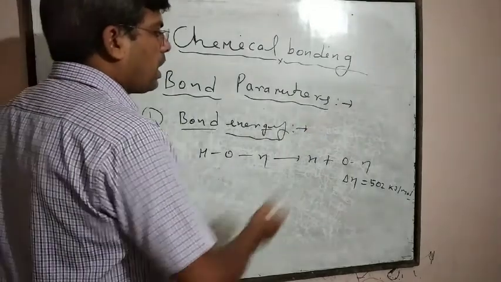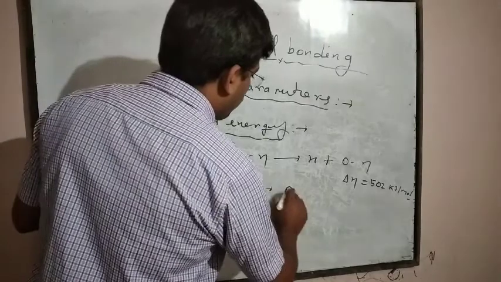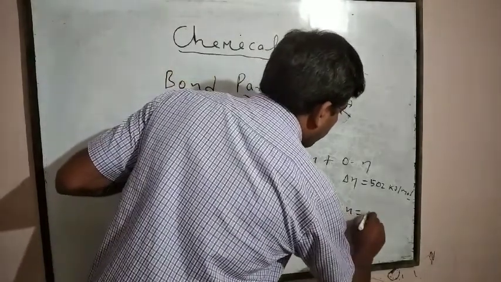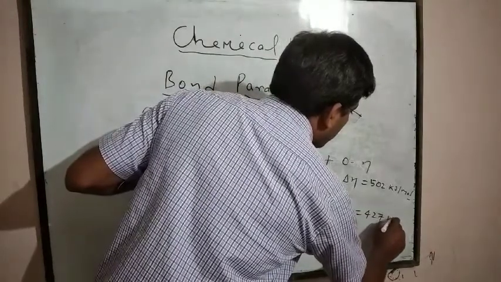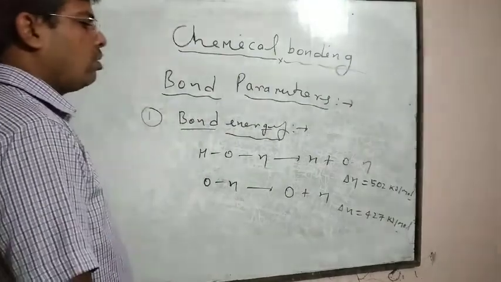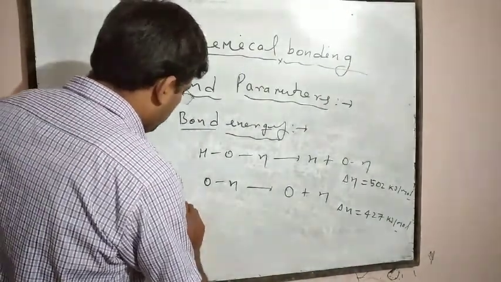Now, to break another OH bond, the amount of energy, delta H, is equal to 427 kilojoule per mole. Hence, the average bond energy is equal to